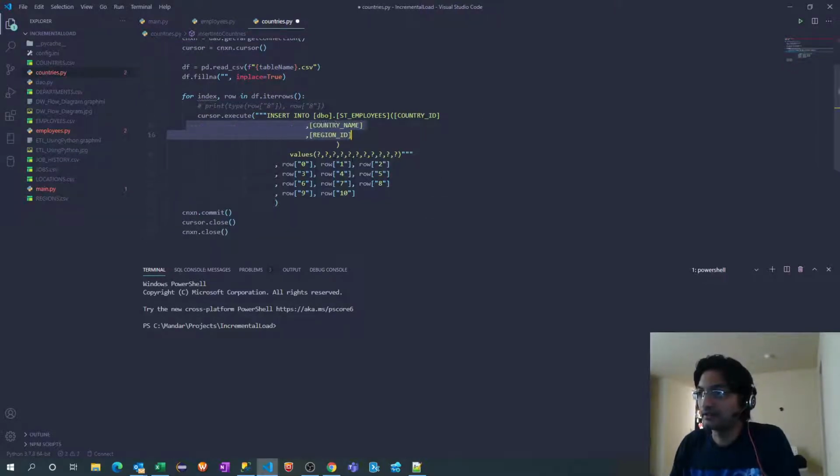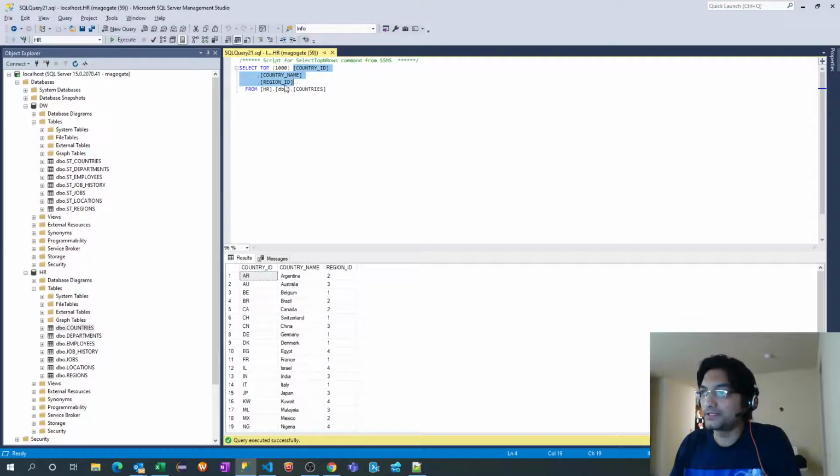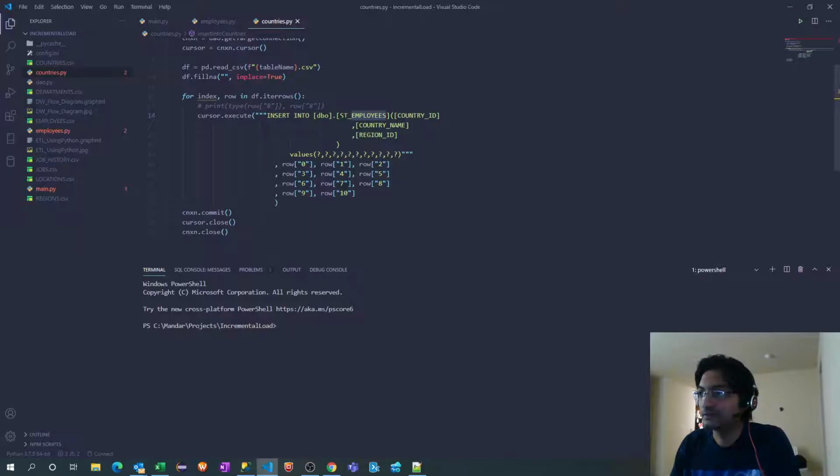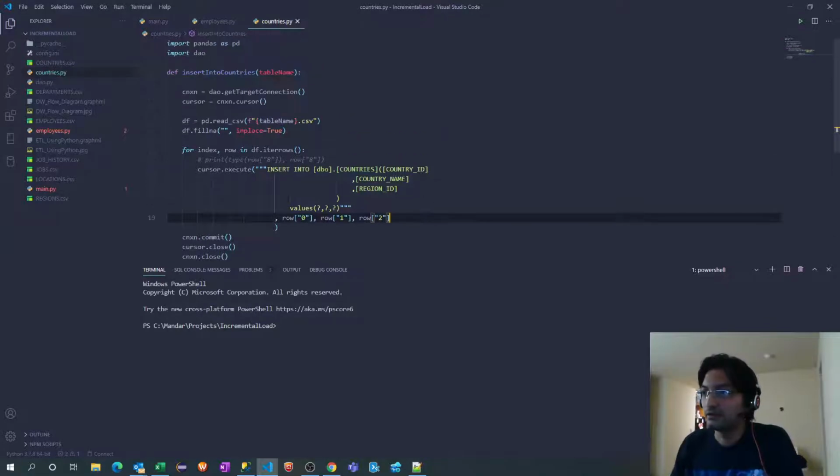Let's indent it, and it has to be countries. Only 3 columns are there, so I will delete the remaining question marks. 1, 2, 3. Table name st_countries. 1, 2, 3. Yeah, we are good.